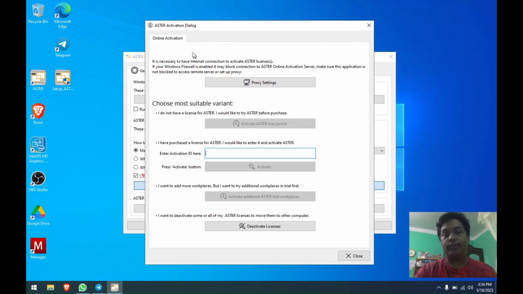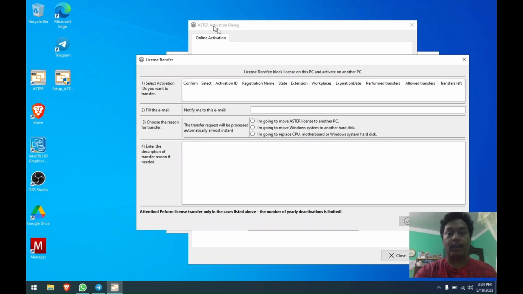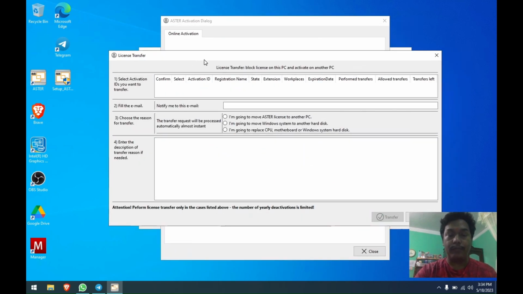Now previously we used to have a deactivation tab separate. Now it has been added as an option under choose most suitable variant, and if you choose deactivate licenses, it will open the license transfer window, and you will have a list of licenses that are activated on the system. Once you check the checkbox next to the license and enter the email and choose one of these three options,